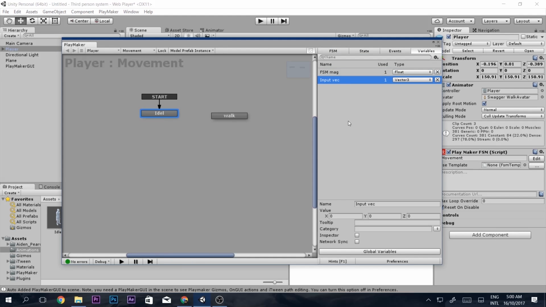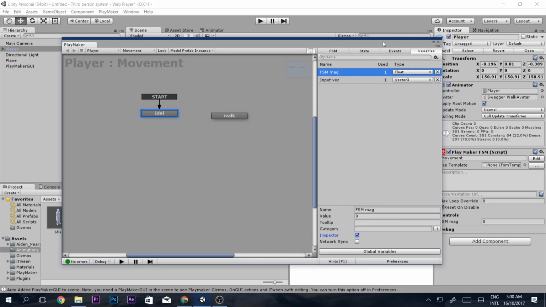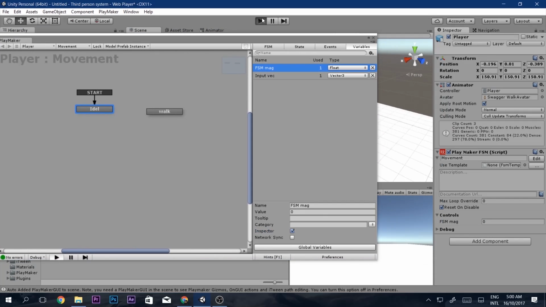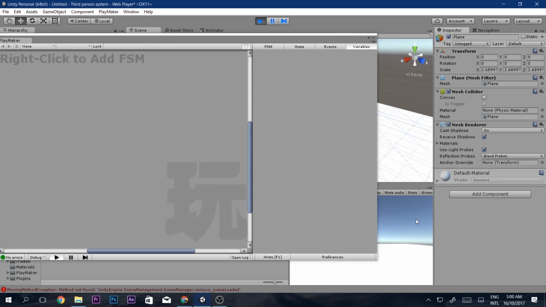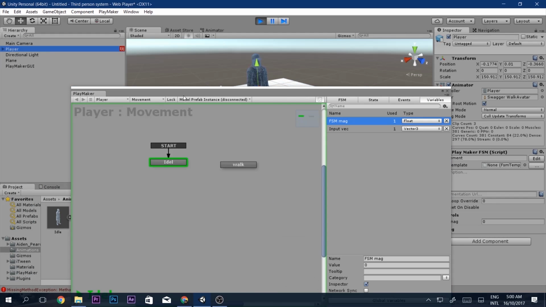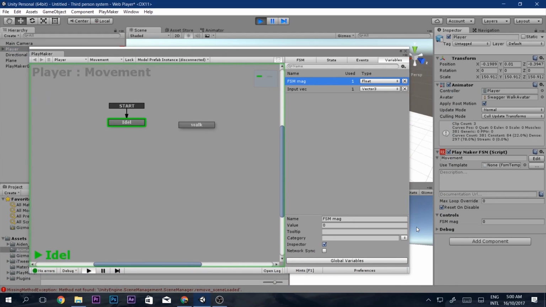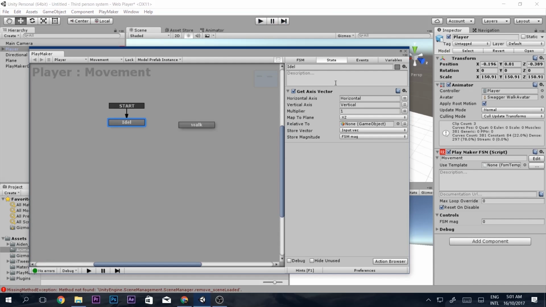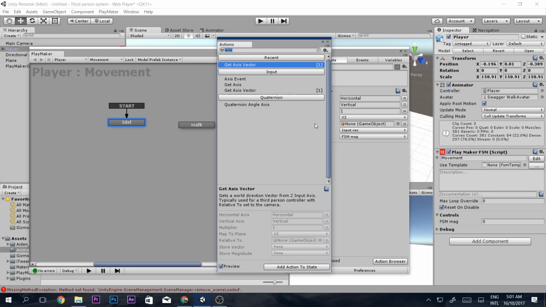Alright, and now we want to set this FSM magnitude, and let me just show you that. Go to variables, FSM magnitude, and notice here that whenever I press WSD, it has some value. So if I hold W, it has 1. If I press D, it has 1. If I press S, it has 1, and if I press A, it has 1. So we want to set this value to equals to the